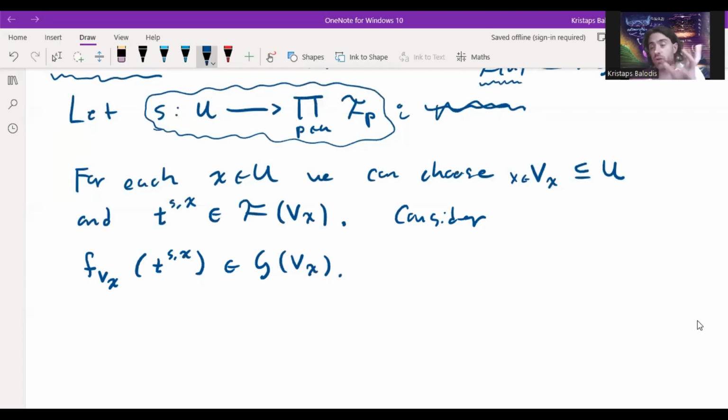So I can define a bunch of these sort of small local images, and note that the set of all V sub x with x in U is a cover